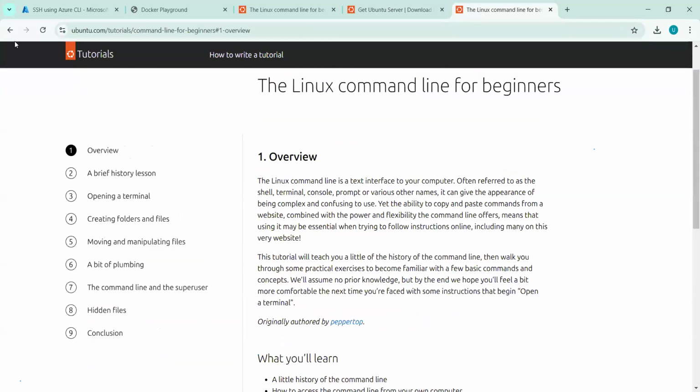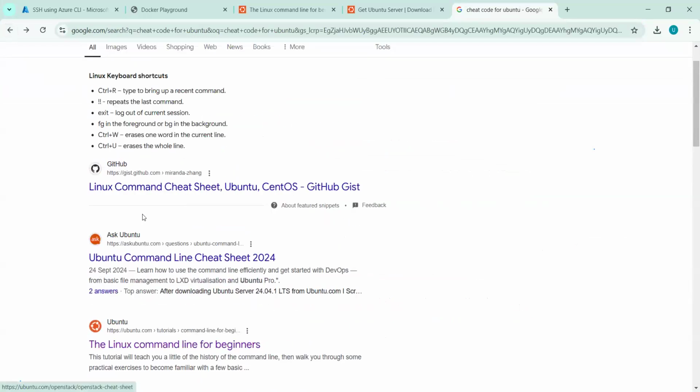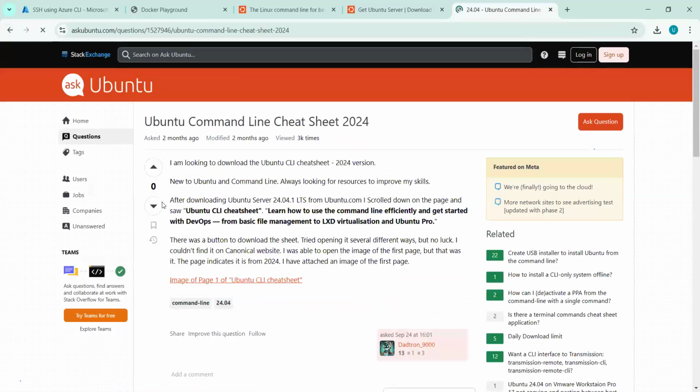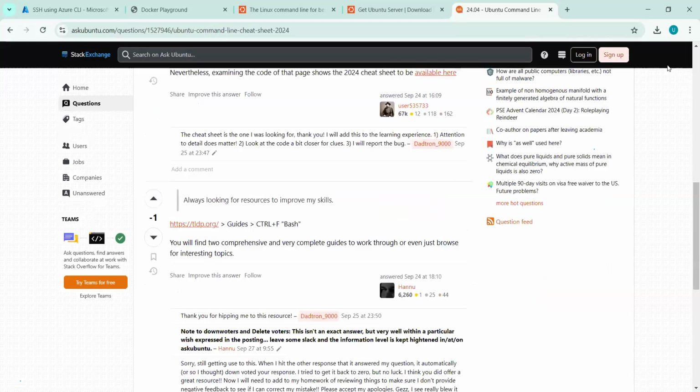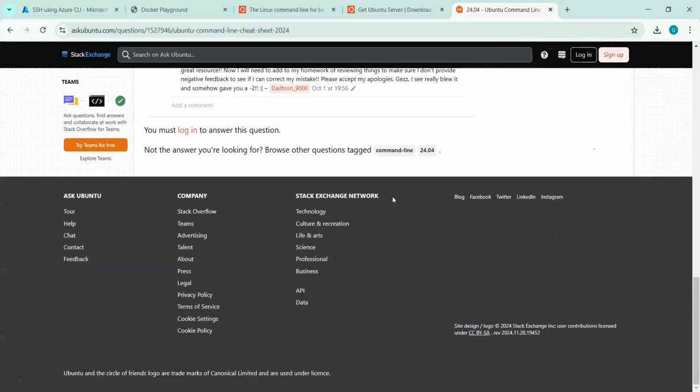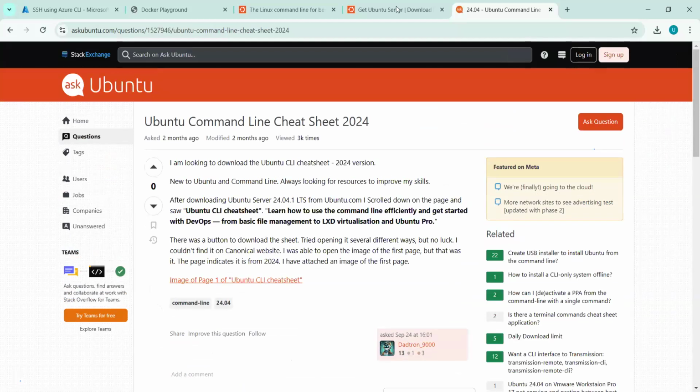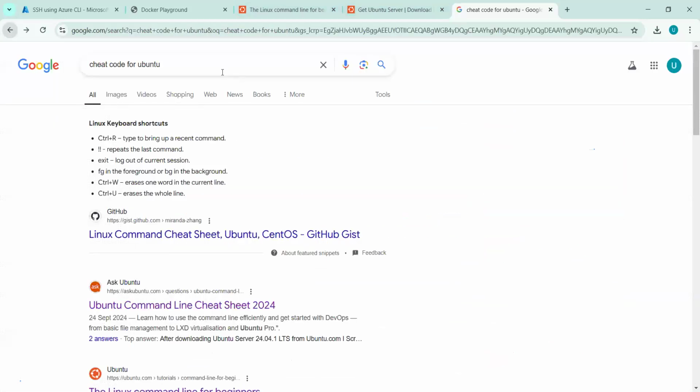Okay, it is getting to this page only. It should give us the cheat sheet directly.